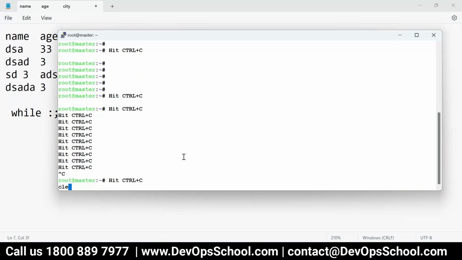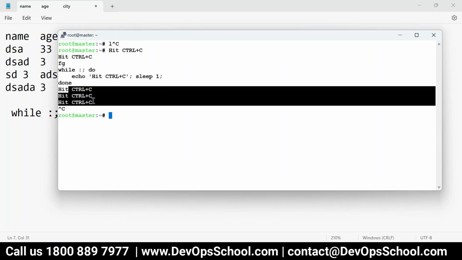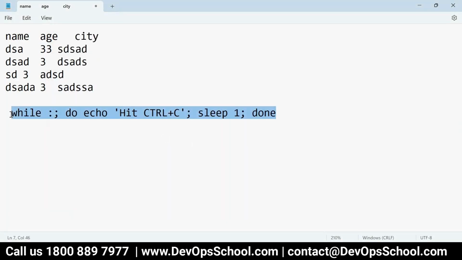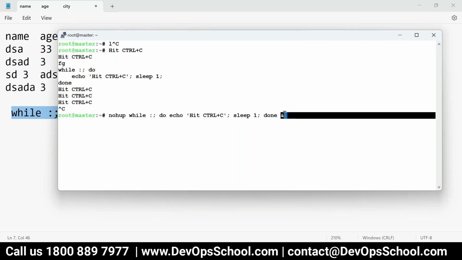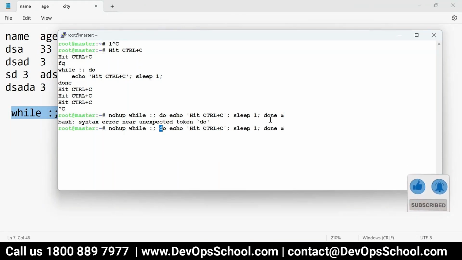So what should I do? I type fg and it came on the screen, then I kill this. So I will do one thing. I will type nohup, and then this one and this one. What will happen? The output of this command will be stored in this file and it will run in the background. You saw that it was annoying me, correct? Enter. Yes, sorry. So what is this? nohup.